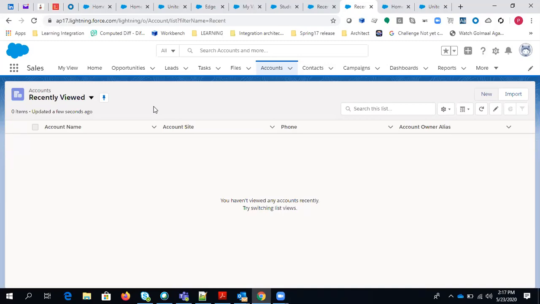There are some differences in report and dashboard, and we'll discuss the bucket field option in the report. This is an interview question. In some interviews you will get a question like what is a bucket field in a report. That is a part of Lightning, so we'll discuss the bucket field. We'll discuss some changes we have in Lightning for dashboards. So these are the things we'll discuss tomorrow, and then we'll finish this Lightning UI experience topic tomorrow.